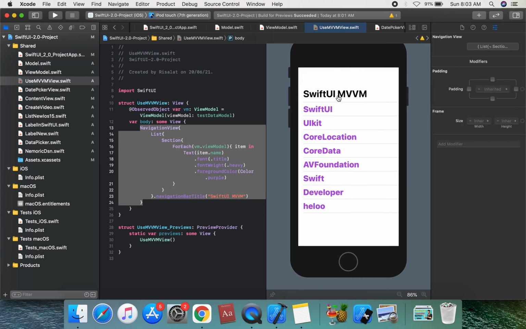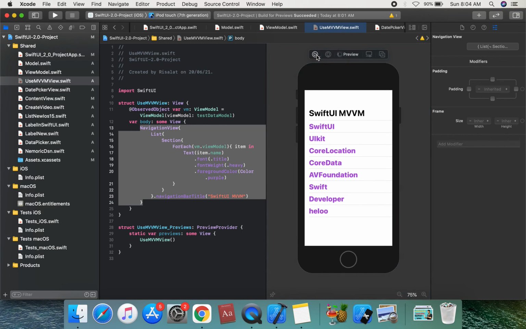We can resume the SwiftUI MVVM design pattern. We can check the methods and classification. So everything changed conceptually from UIKit to SwiftUI. SwiftUI is a declarative state framework.